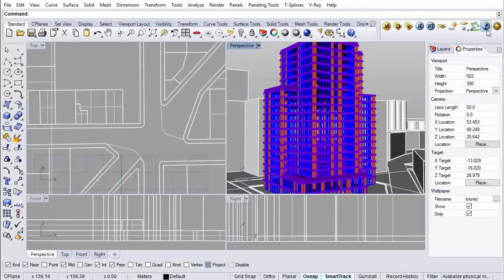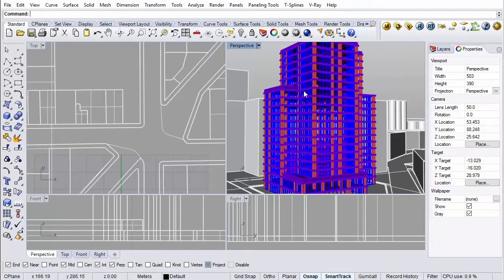And a help button. And finally, this is for setting cameras, which is really important. We're going to look at it later. So that's the V-Ray toolbar. And we're going to go through this step by step. But for the moment, it's just important that you know where it is.